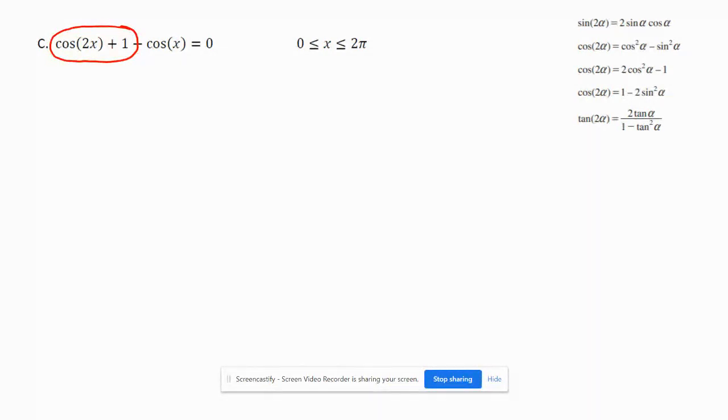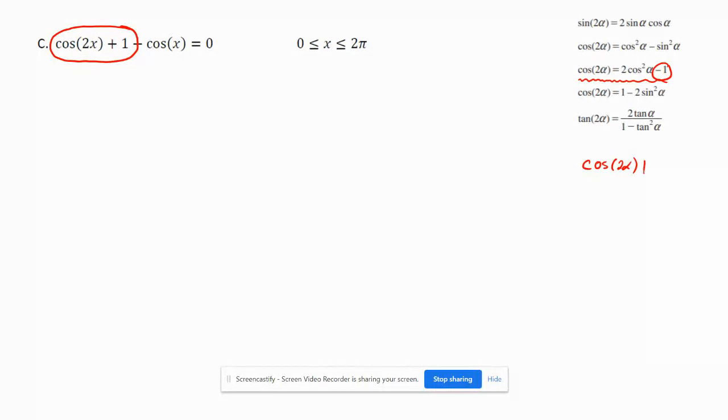cos 2x plus 1. Now, guys, the cos 2x identities are always going to be a little bit more difficult because we have 3 options for cos 2x. So we need to be able to recognize which one we want to use. We want to use the middle one here, and the reason is because I want to make it cos 2x plus 1. And the way we're going to get that is by, if I add 1 to both sides,